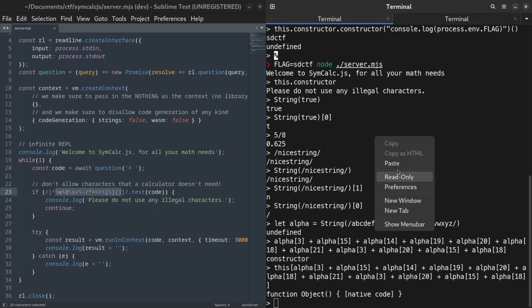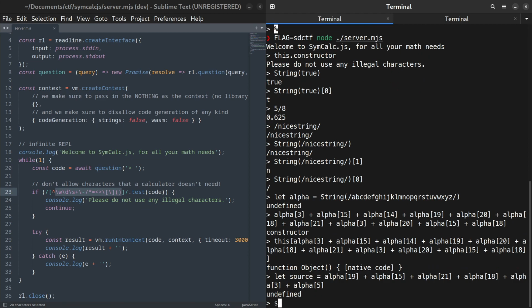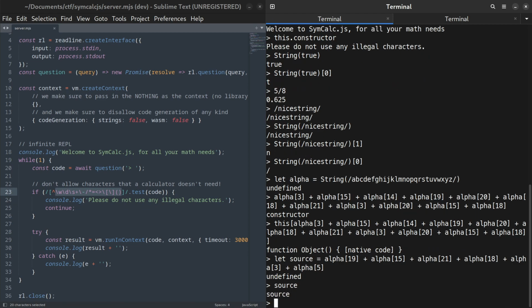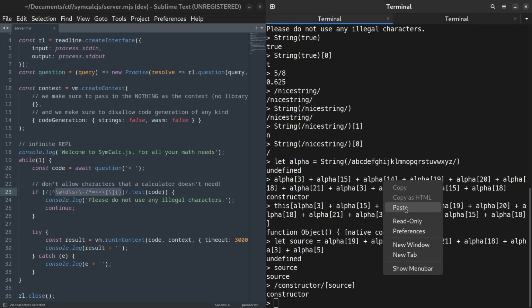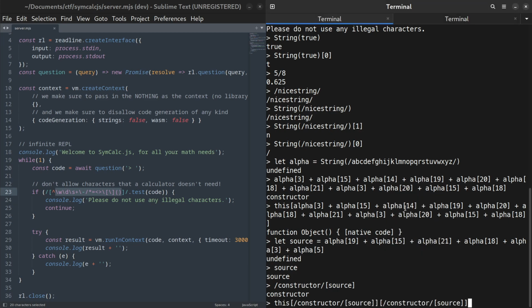Check out this sequence. It's just the word source. What's magic about the word source in JavaScript is that it's the name of an object member on regular expressions. It should return a string containing the regular expression pattern without the slashes on either side. This means we can now just skip the alphabet entirely and write any string we want as a regular expression and then just access the source property. Using this technique, we can access the function constructor quite concisely without using any period characters.